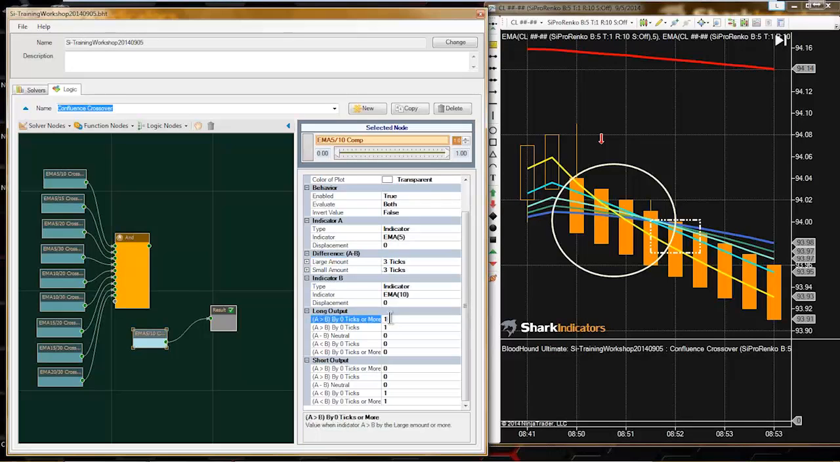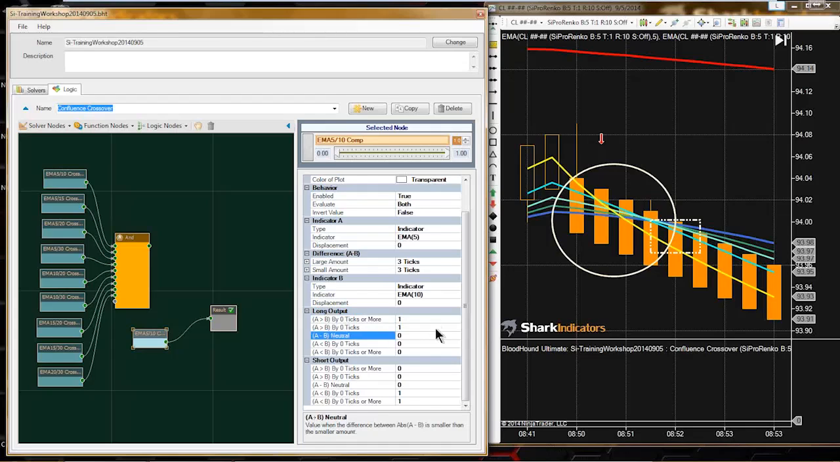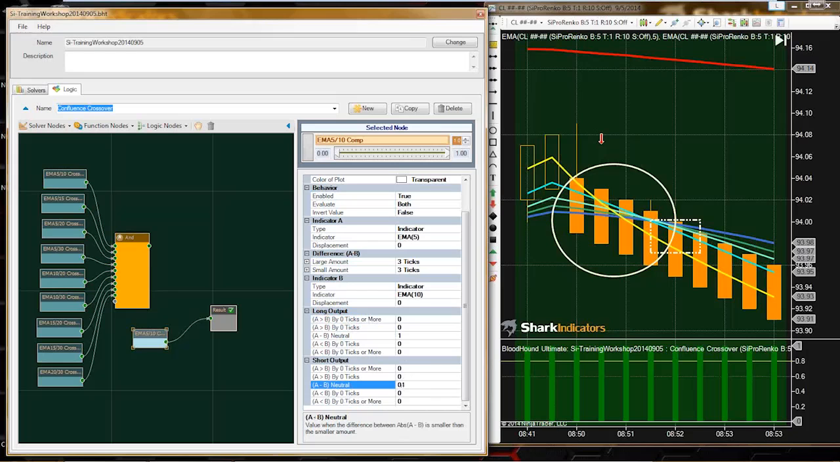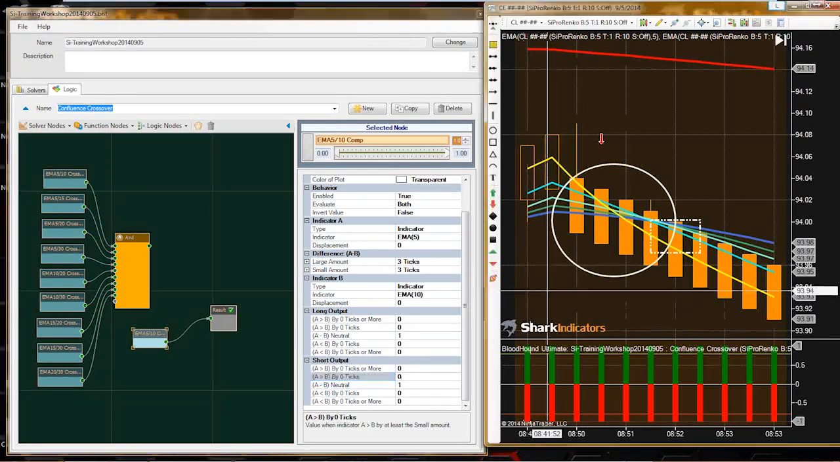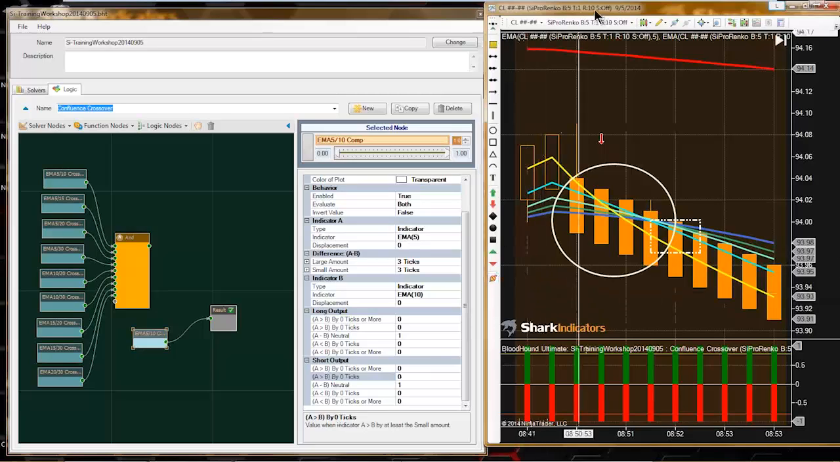So now for the outputs, we're not interested when one moving average is greater than the other. We're looking for this neutral zone, or this equal zone. So I'm going to set my outputs to 0, and we'll set this to 1, and I'm also going to set the short side to 1. So if we look at the chart now,